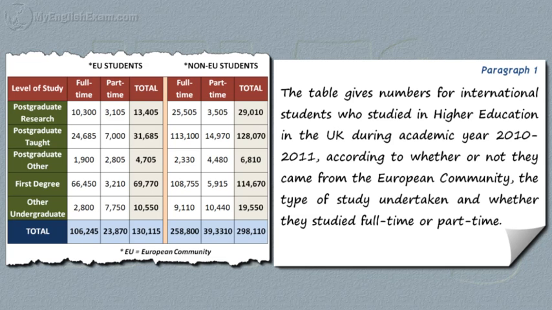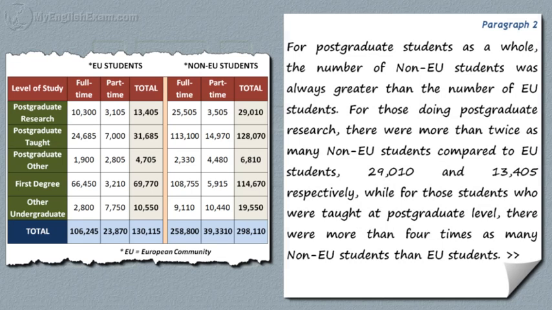The table gives numbers for the international students who studied in higher education in the UK during academic year 2010-2011, according to whether or not they came from the European Community, the type of study undertaken and whether they studied full-time or part-time. For postgraduate students as a whole, the number of non-EU students was always greater than the number of EU students. For those doing postgraduate research, there were more than twice as many non-EU students compared to EU students,